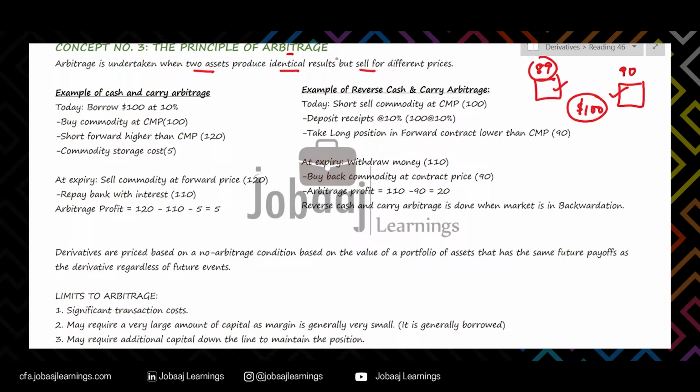So how is this arbitrage transaction executed? Let us understand with this example. This is an example of cash and carry arbitrage, where it is usually done in case of a contango market. Futures and forward price is higher than the spot price. So when we see that the prices are rising, we would want to buy the commodity or the asset today and would like to sell the commodity or the asset in the future at a higher price, right? So that is buy low and sell high.